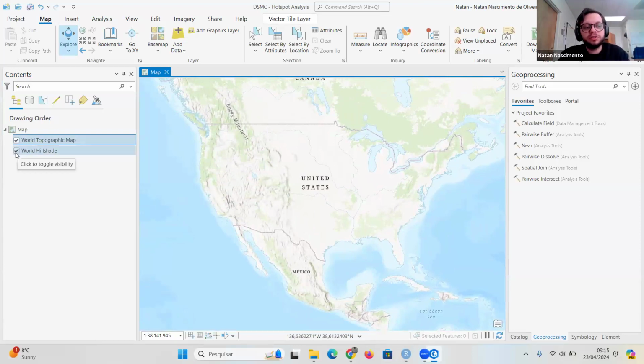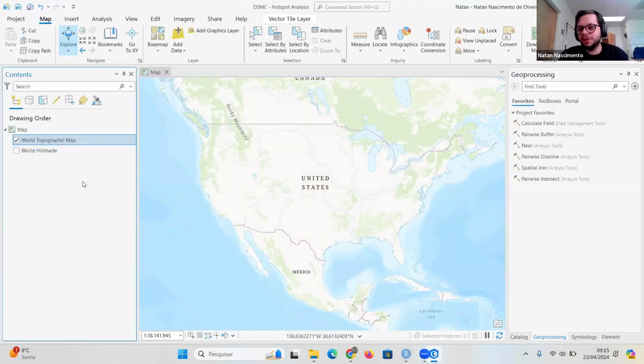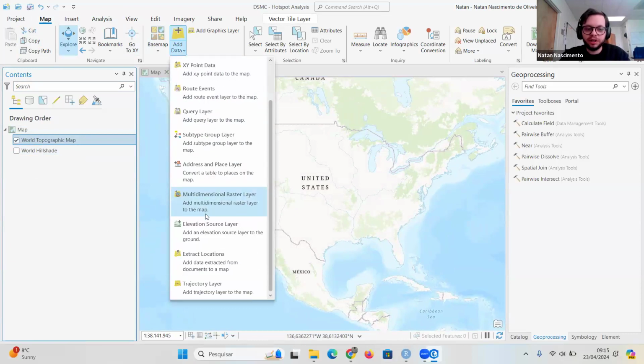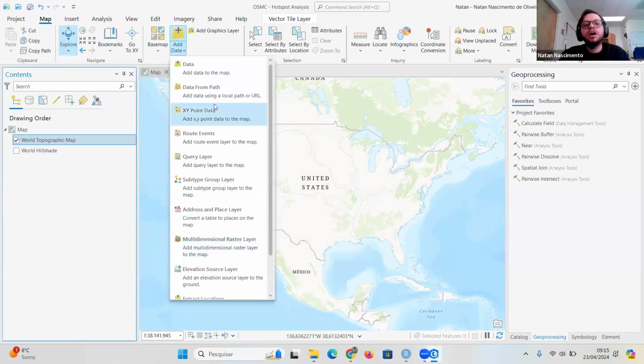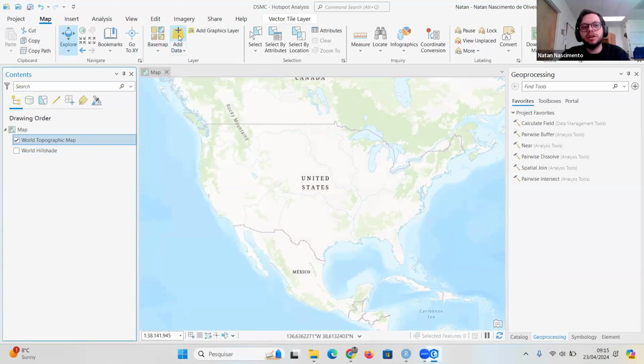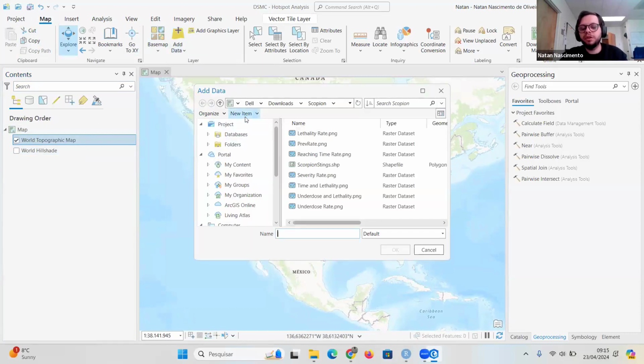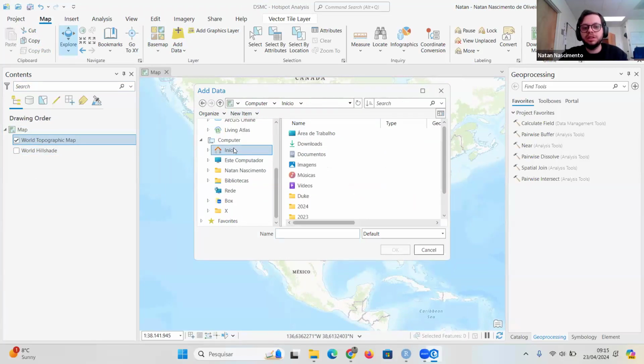So usually I don't like to work with hue shade, it gets me confused. I just work with topographic map. So to add the shapefile, we go in map, add data. If you click here in add data, you will see a lot of different data that you can add. But you can also just click here on the plus sign and you open the folders that you have, and then you can just select the folder where your data is. So I'm gonna go with my data